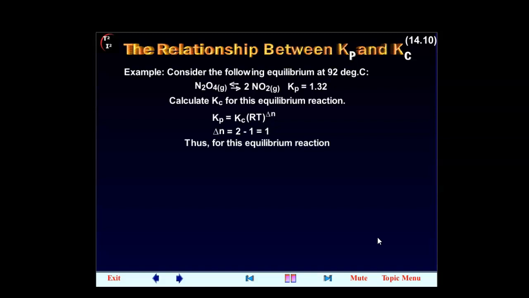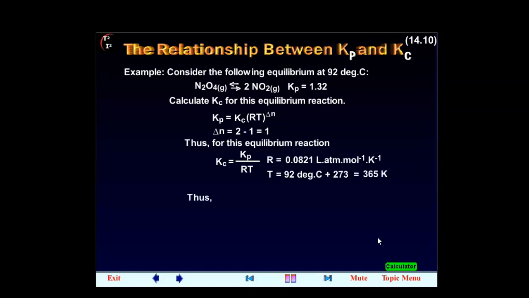Thus, for this equilibrium reaction, K sub C is equal to K sub P divided by RT. Thus, K sub C is equal to,